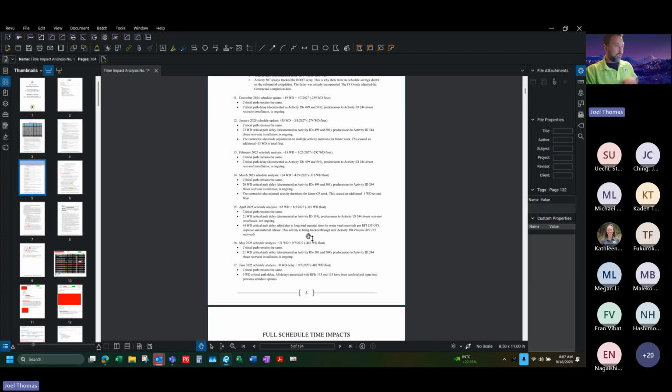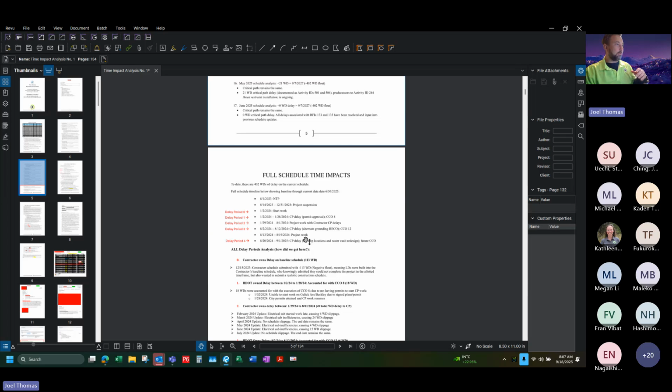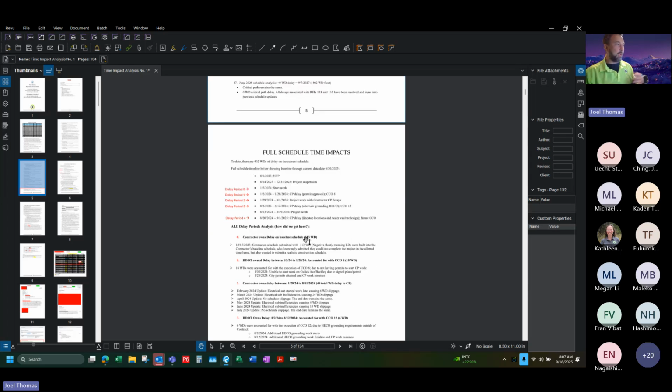So, I was just keeping track of all that in my little narrative here, and then I go into the full schedule time impacts, and that's where I split it up into different delay periods. So basically taking all that information above and rolling it into more manageable chunks and saying,